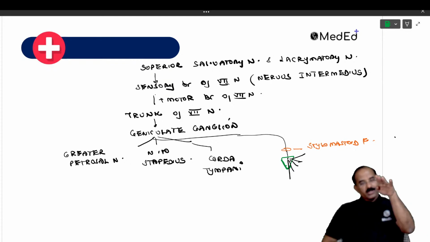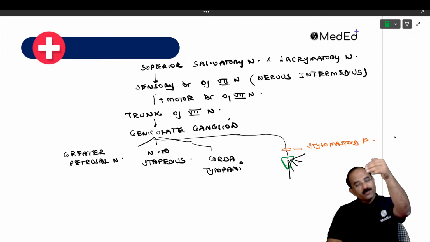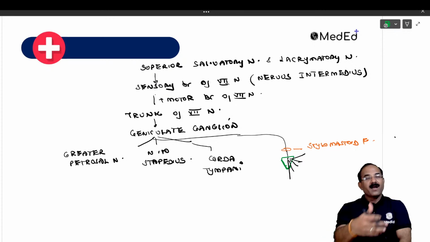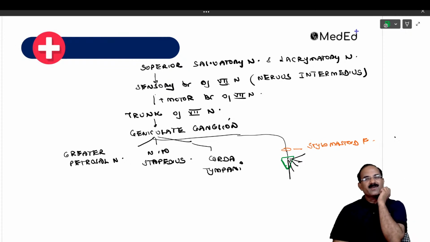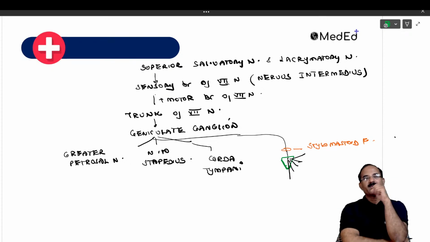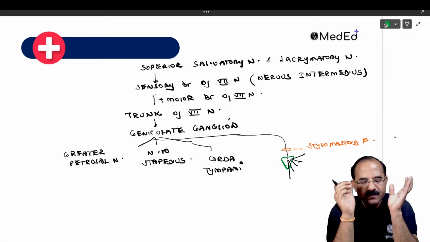So from the middle ear, the facial nerve gets out through which foramen? Stylomastoid foramen. Stylomastoid foramen से ये कहाँ गई? In the parotid gland. तो उसके साथ कौन है? Who else is there? Parotid में facial nerve के साथ कौन है? Retromandibular vein, external carotid artery. यहाँ तक क्लियर है? यहां तक सबने लिखा?